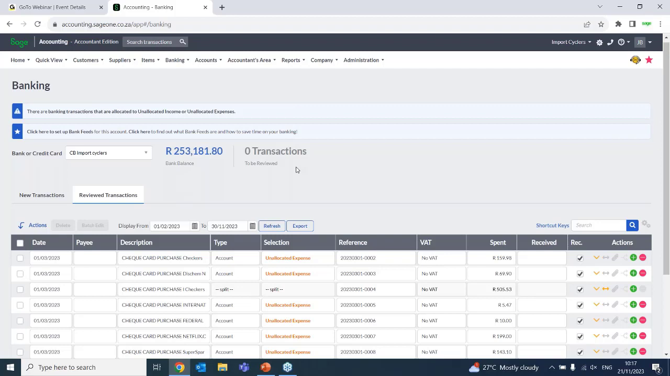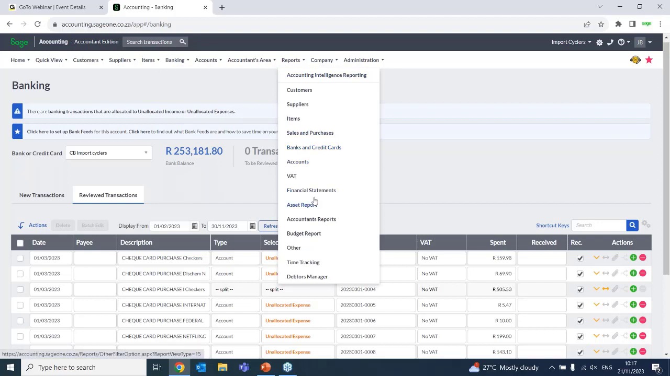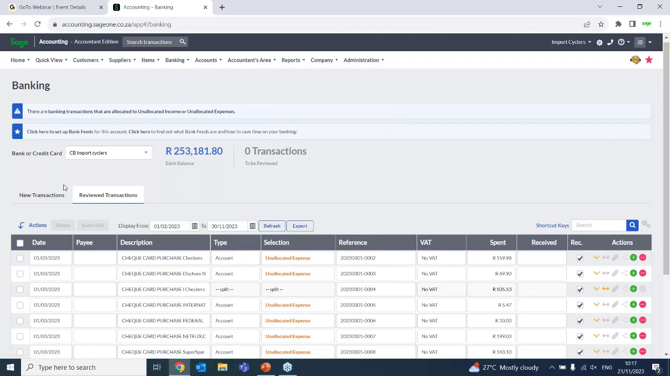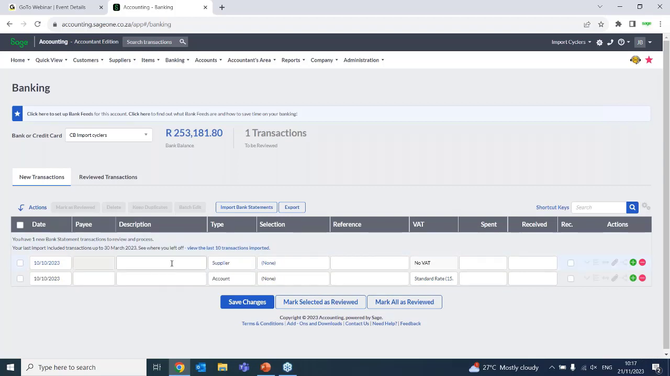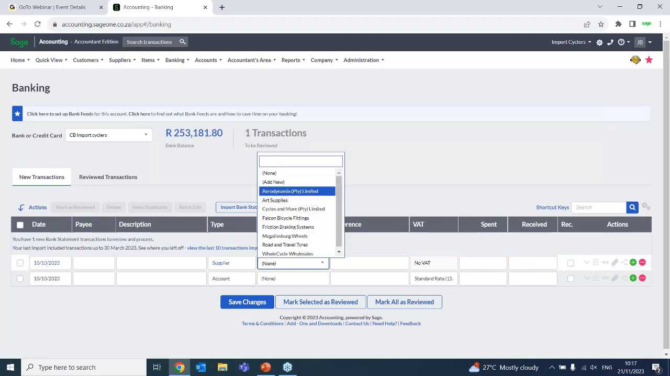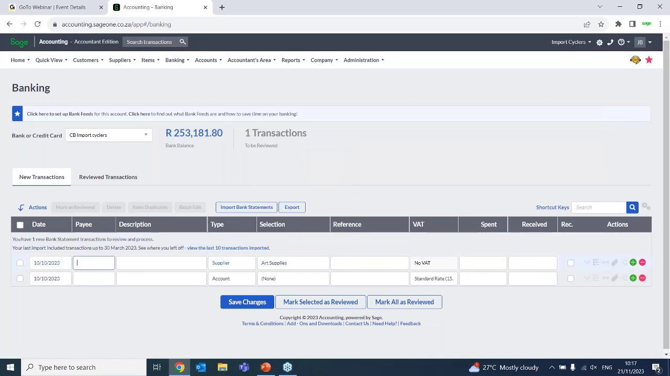Likewise, if there's a transaction on your bank statement, it's not showing in your bank and credit card transaction report, it's not showing on your reconciliation, that is where you're just going to add your transaction. You're going to go, oh okay, obviously I missed that one, 10th of the 10th, 2023. You're going to add your payee. So let's do a supplier. And let me find a supplier that I want to pay. So art supplies,